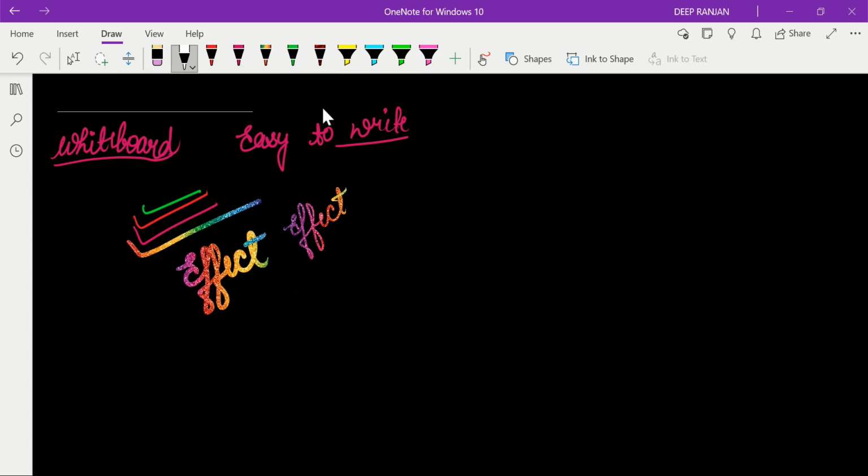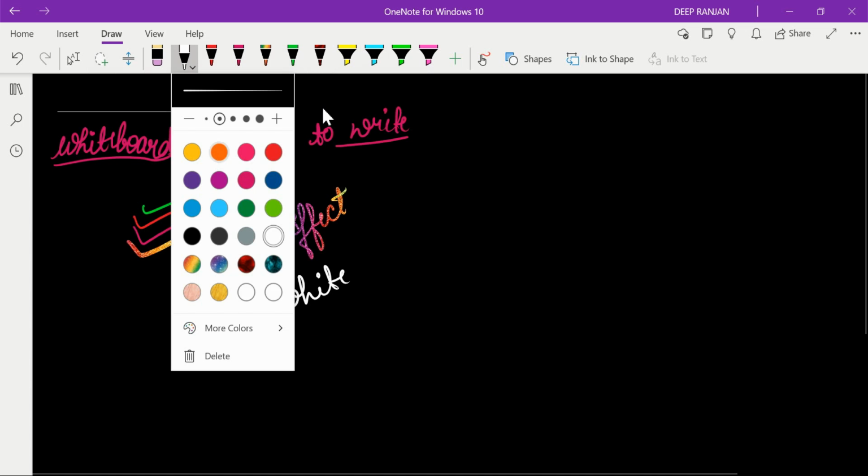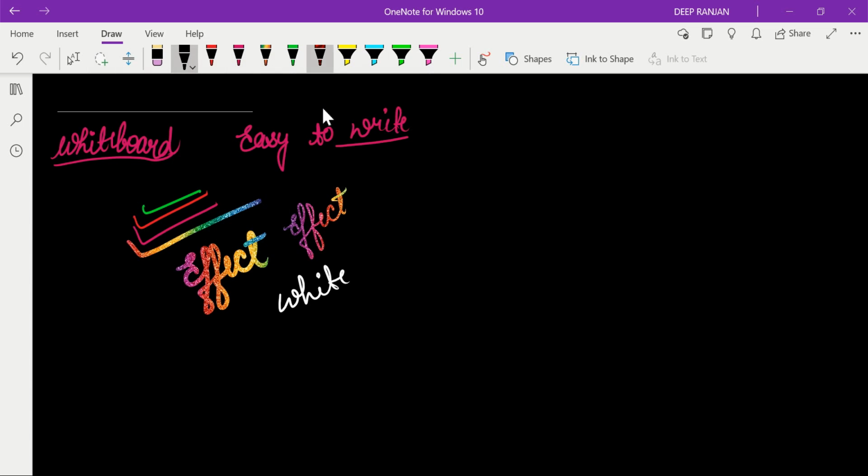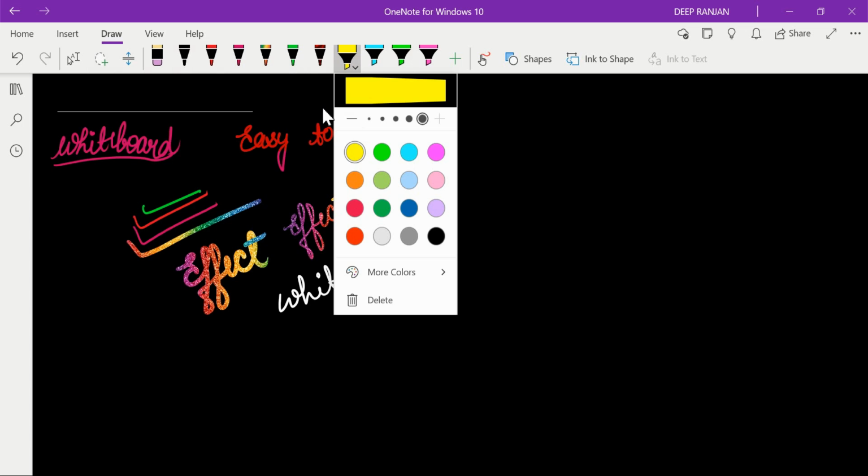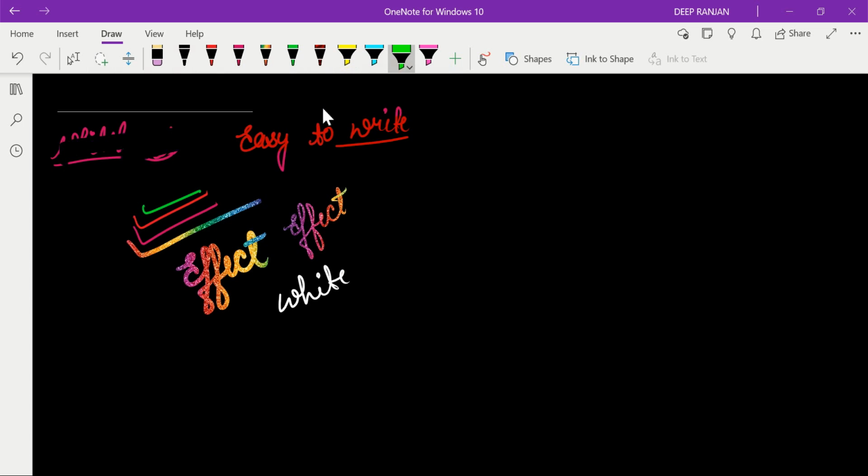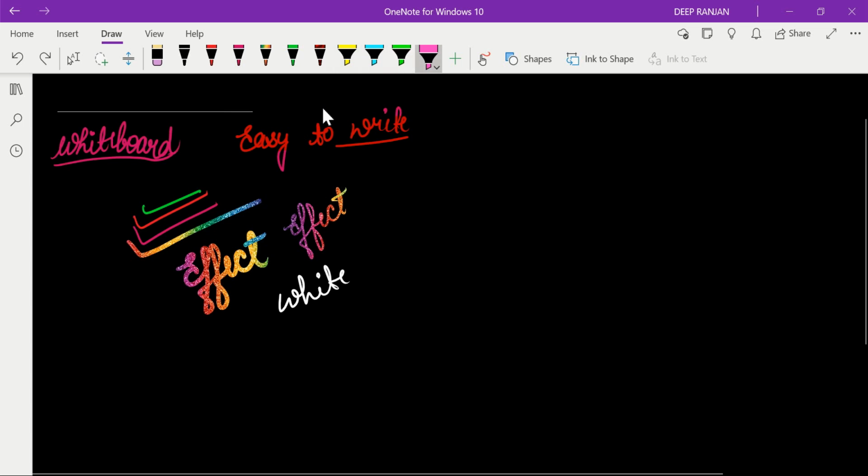So you should go to the white color. White will work very good. And these are highlighters. Which highlighter will work, you can go and see. Here you can see some highlighters will not show here because you have chosen the black color. So there is no need of a whiteboard more than here, you can see now I have chosen.